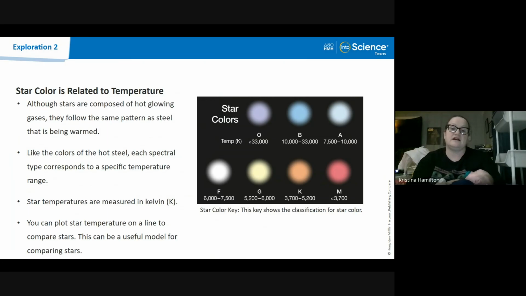So like the colors of the hot steel, each spectral type corresponds to a specific temperature range. Star temperatures are measured in Kelvin, and you can plot star temperatures on a line to compare stars. This is a useful model for just comparing them. All right, you guys have access to this, so you are able to add these to your note sheet